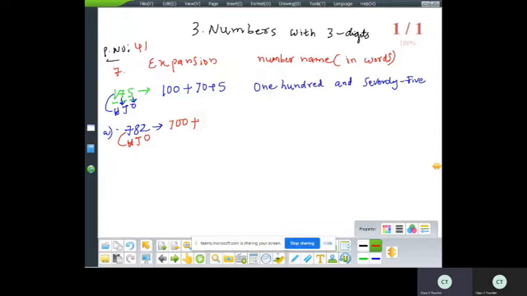Plus 8 tens, 80. Plus 2 ones, 2. The expanded form of 782 is 700 plus 80 plus 2. As number name or in words,